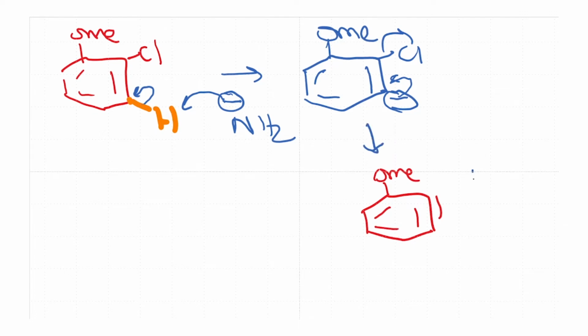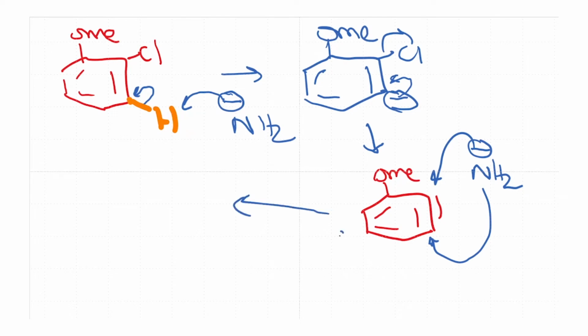Now there are two possibilities. NH2 minus can attack from this side or it can attack from here. Okay. So this is going to give us possibly two products wherein you have a 1-2 attack or a 1-3 attack. That is, with respect to the methoxy group, the attack happens either at the 2 position or at the